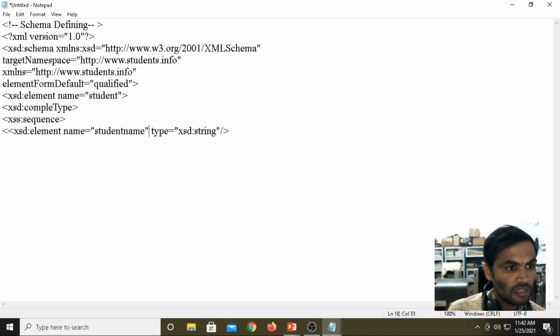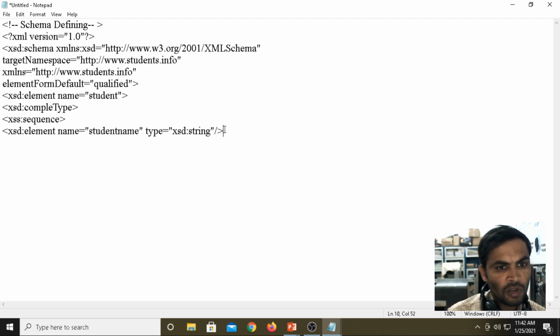Closing the first element. When we write a number of simple elements, we should consider it a complex type. For writing purposes we take a sequence element. Then I am writing one more element.